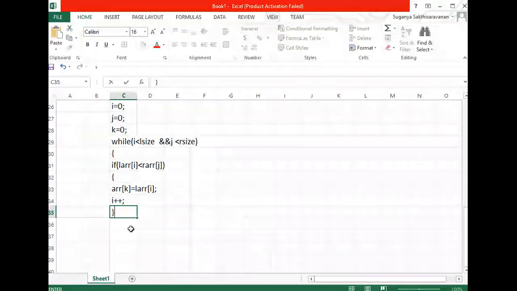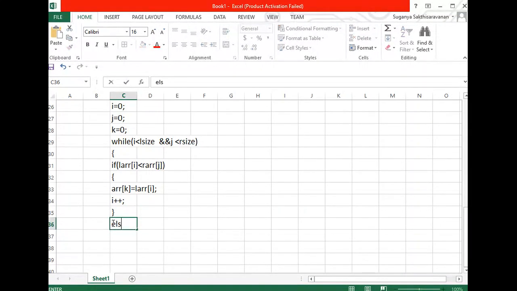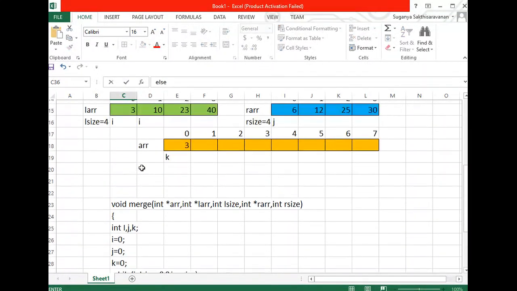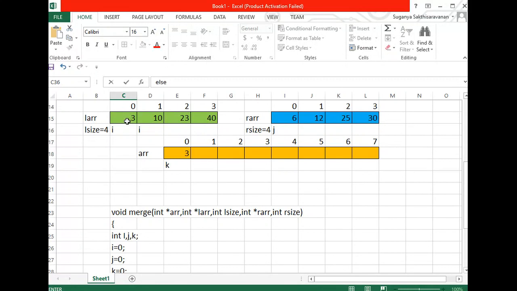Let us assume that this particular value is not lesser. Let us assume it is some value 13 and I have 6 here. So which value will be lesser? This value will be lesser. So this position's value has to be brought to this index position. Got it?